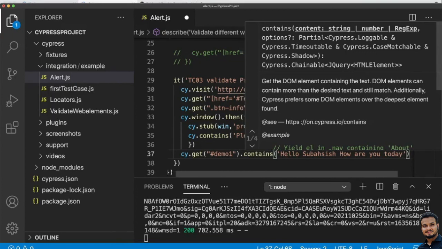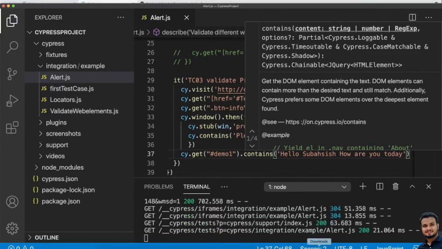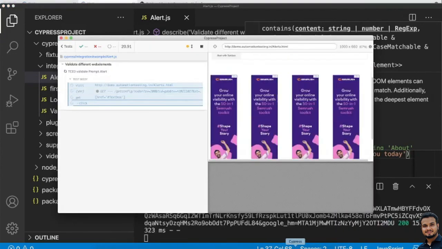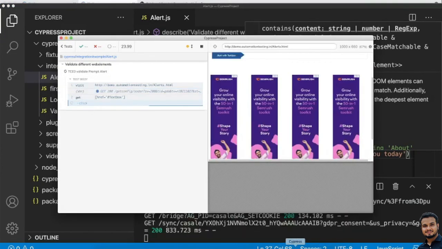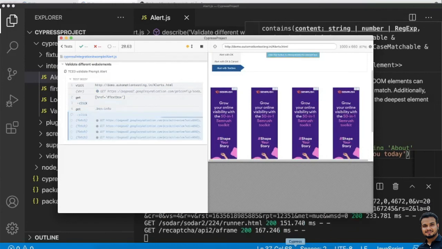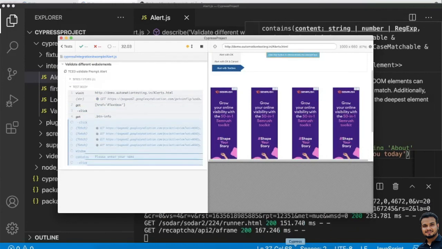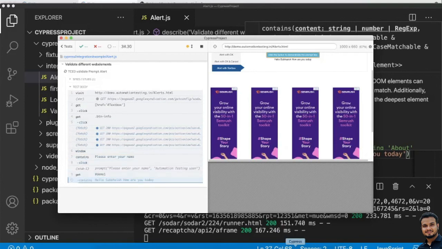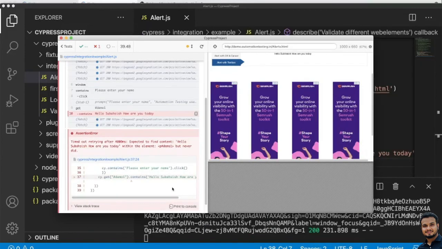Right, now let's save it and execute. So we see one failure, right?